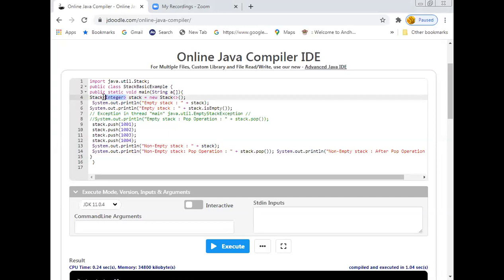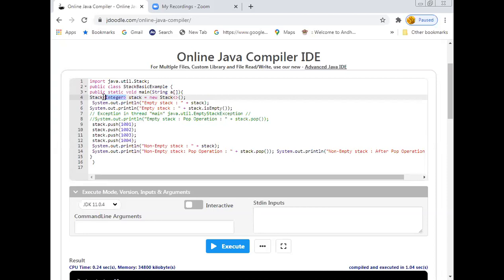If you change it to string, instead of writing integer, if you write string, in that case you are able to store only strings into the stack itself. So that is the reason this kind of representation is called type safe. Type safe. It always restricts you to enter only the object type which you have specified while declaring the object of the class.